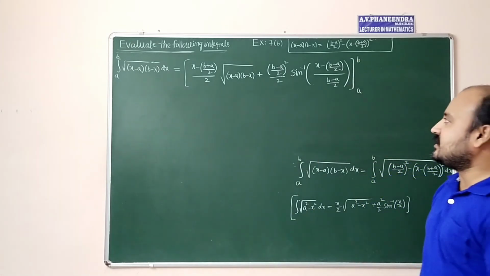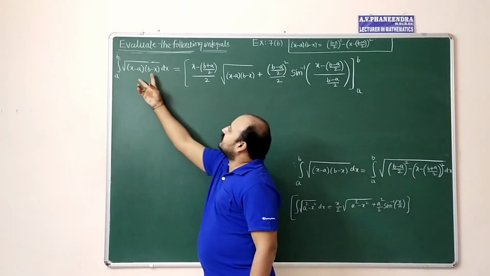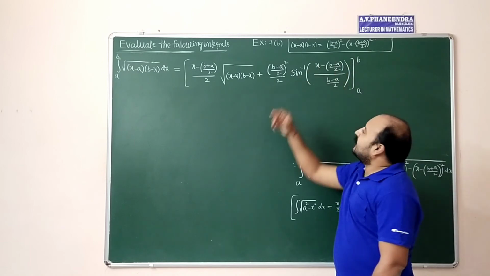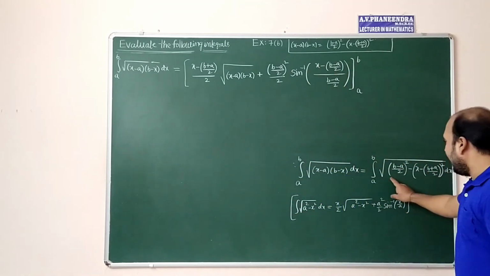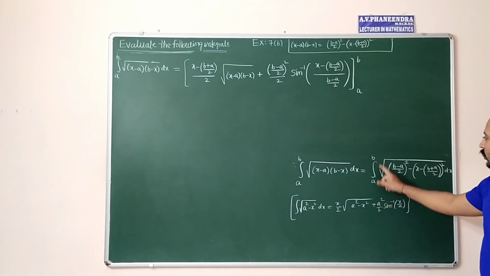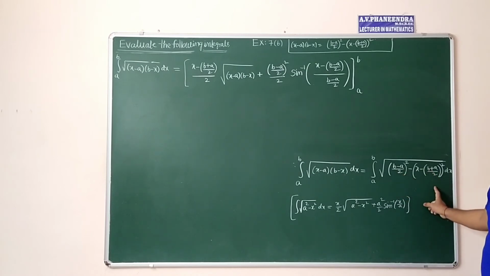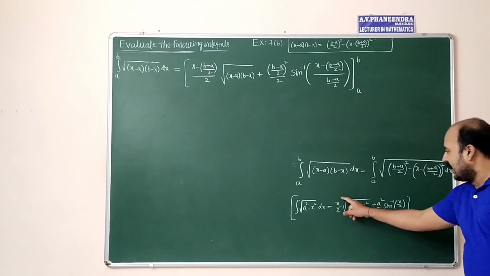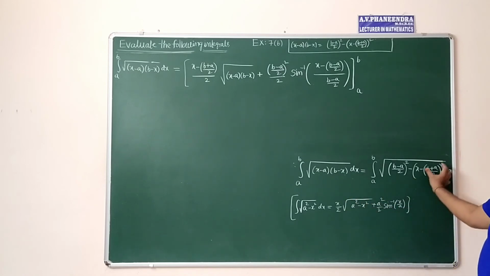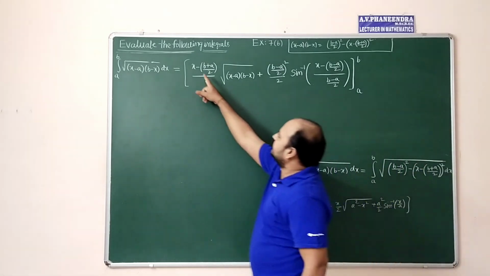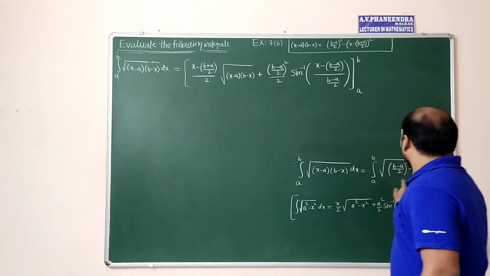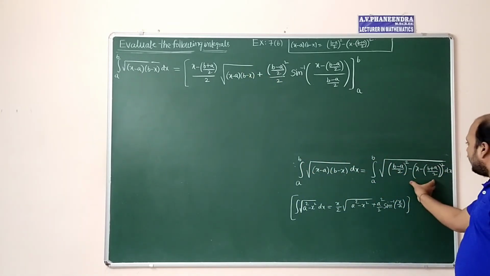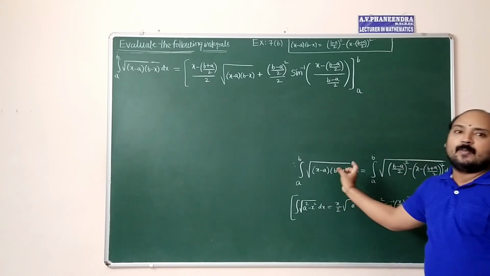Once again, I will repeat this step. It is in the form of this value is equal to (b minus a) whole square minus (x minus (b plus a)) whole square. Here I wrote already: integral a to b, root of a square minus x square dx. For the integral of root of a square minus x square, we have the formula x by 2, where x value is x minus (b plus a) by 2. That one we wrote here: x by 2 square root of ((b minus a) by 2) whole square minus (x minus (b plus a) by 2) whole square. This value is equal to (x minus a) into (b minus x).